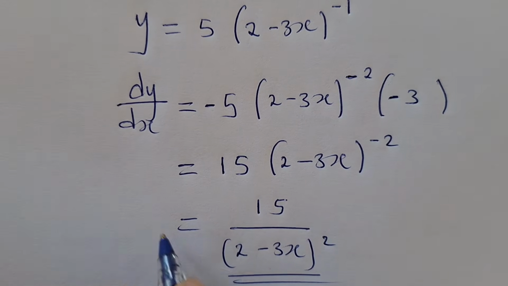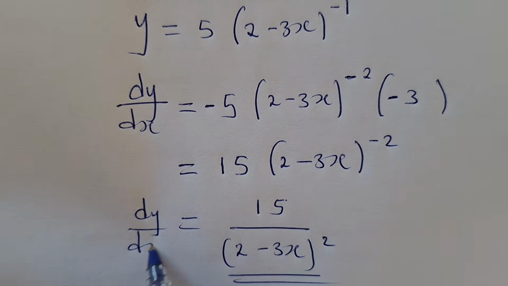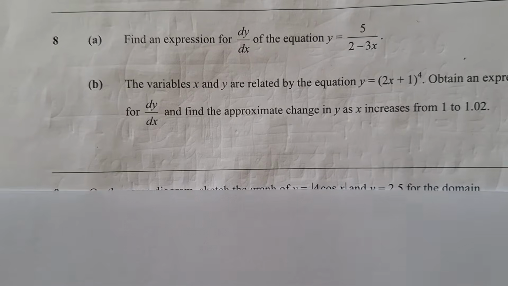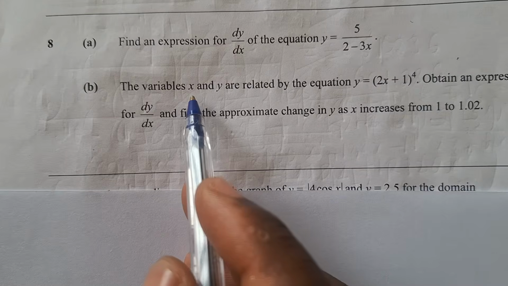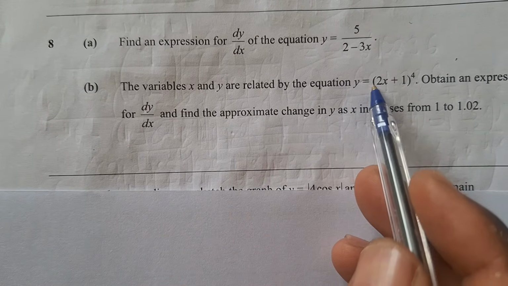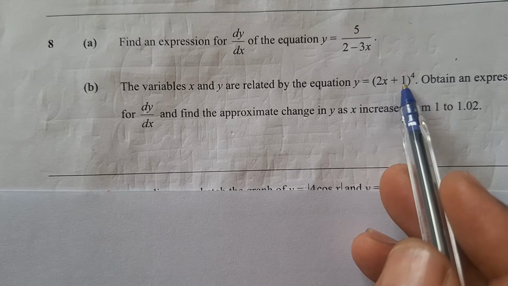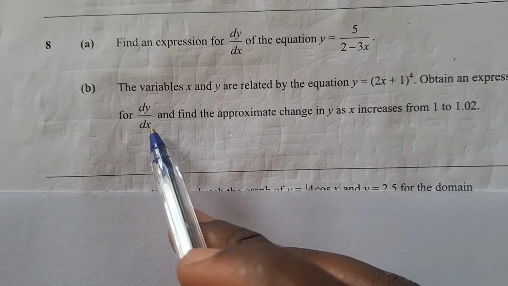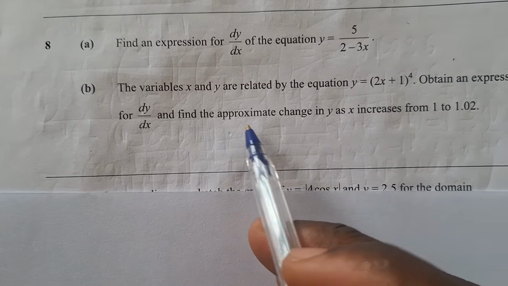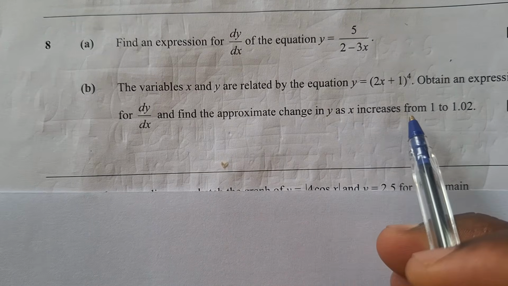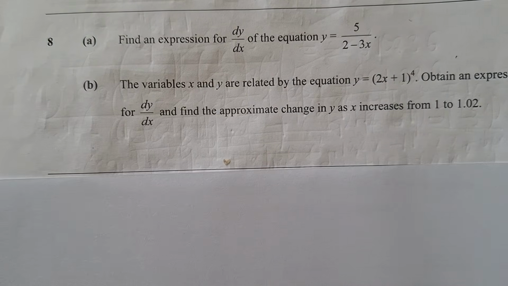This is our answer, the dy/dx. Okay, let's go to the next question and see what we're supposed to do. 8b here, they're saying the variables x and y are related by the equation y = (2x + 1)^4. Obtain an expression for dy/dx and find the approximate change in y as x increases from 1 to